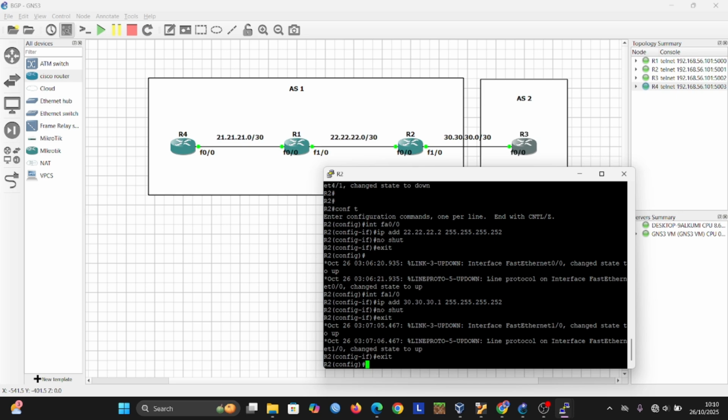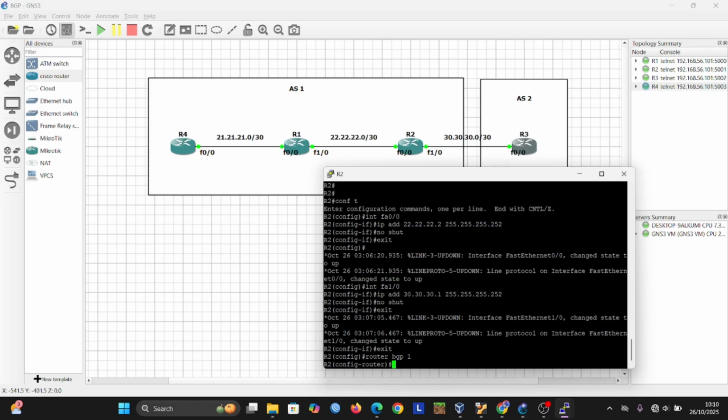For this time we enter router BGP 1, and here we enter the neighbor.